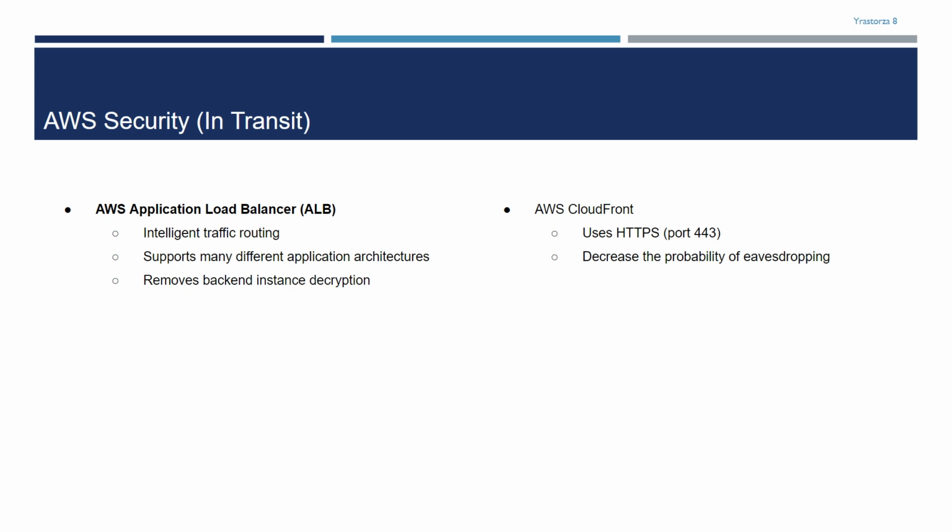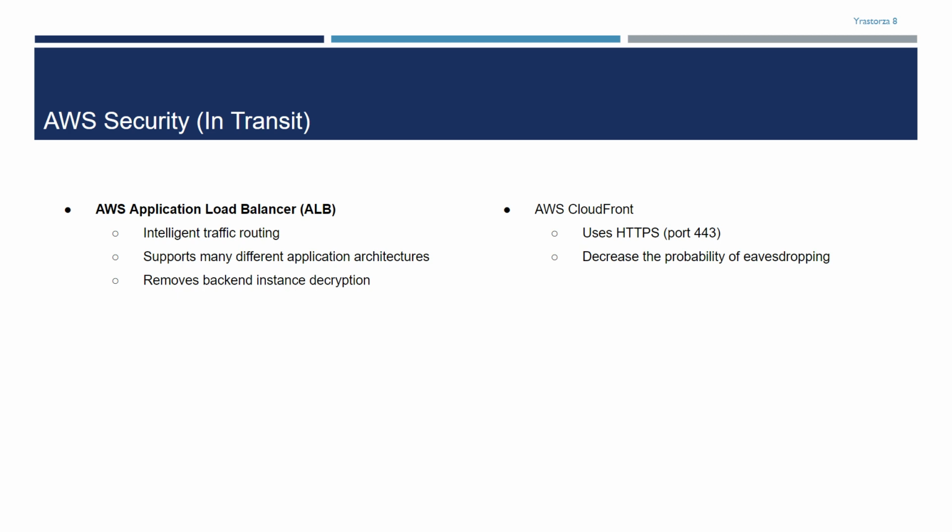The first one I'm going to be talking about is the AWS Application Load Balancer, or ALB. Since it is an application-based load balancer, it is able to intelligently route the traffic, and it is always using HTTPS to encrypt data in transit. You are also able to configure ALB to terminate SSL and TLS and forward traffic to your backend instances using